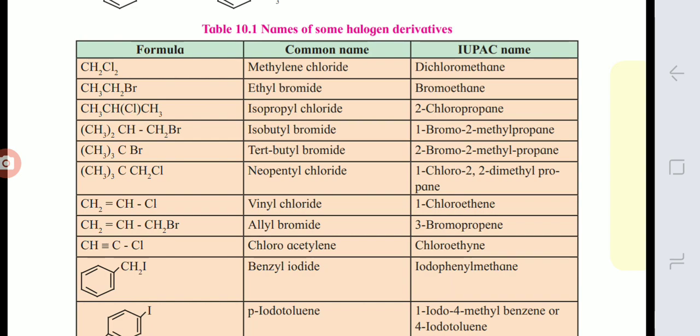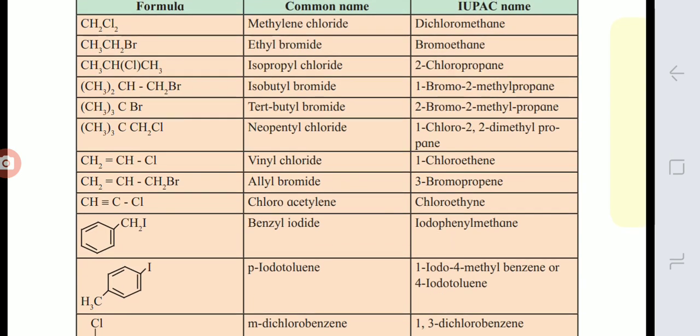In the next structure a triple bond is there, and the 2 carbon alkyne is the compound. The 2 carbon alkyne common name is acetylene, chlorine is the functional group, so chloroacetylene is the common name. The 2 carbon alkyne is ethyne and chlorine is the functional group, so chloroethyne. In the next structure